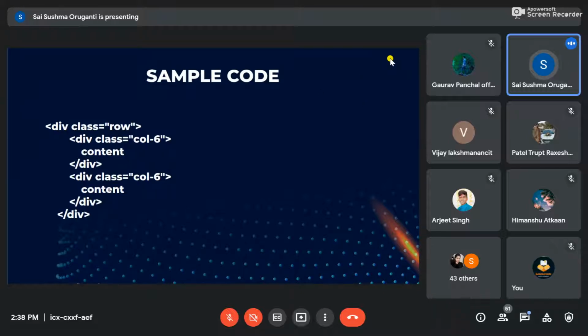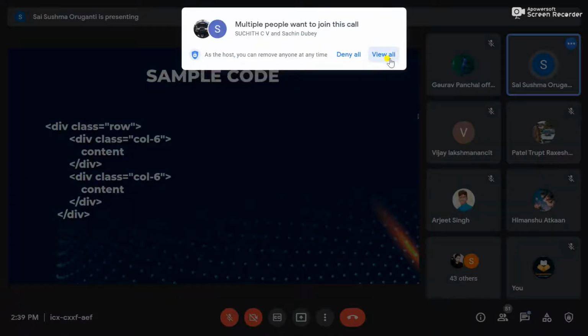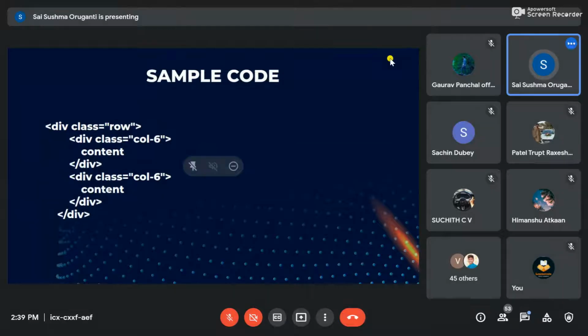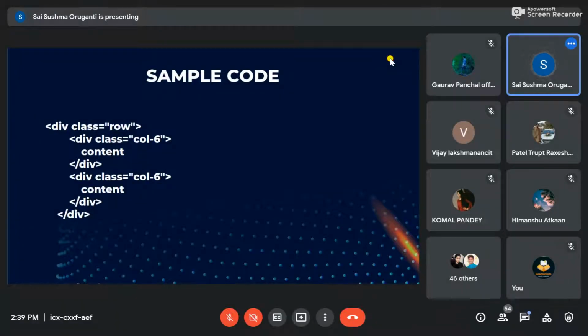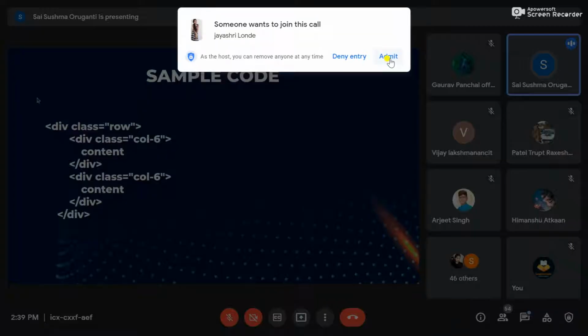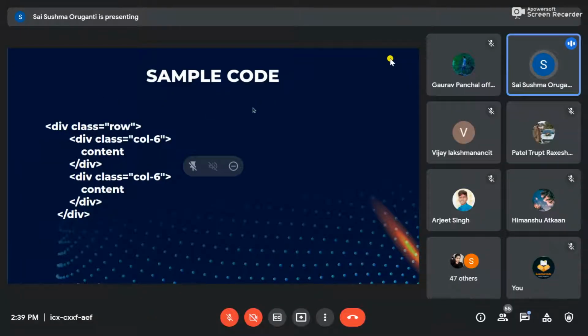Whatever it is, laptop, monitor, mobile, the whole horizontal line is nothing but one row. We are considering one row. In Grid, by default one grid is divided into 12 points. The Bootstrap developers have created it so that one row is nothing but 12 columns, like 12 parts. This is one part up to here, second, third, fourth, fifth, sixth, seventh, eighth, ninth, 10, 11, 12. So similarly, one row is nothing but 12 parts.